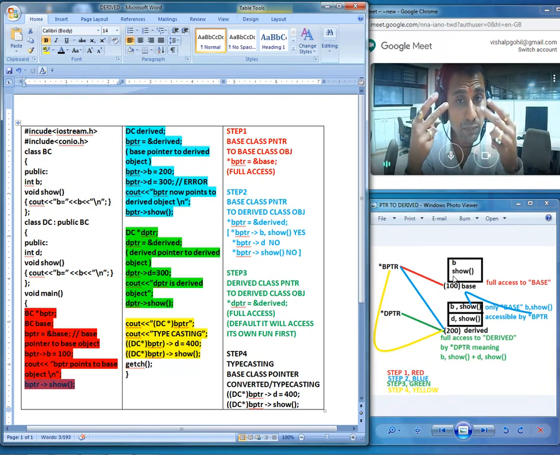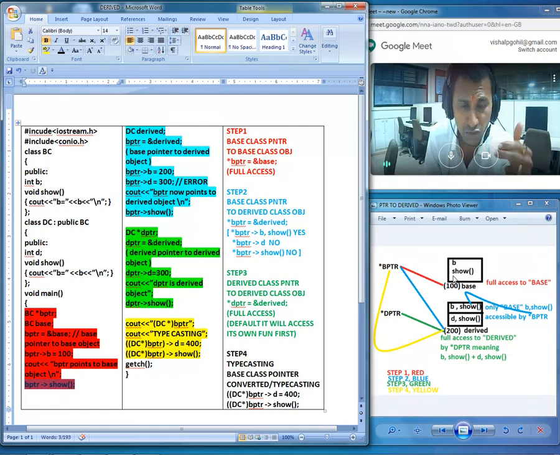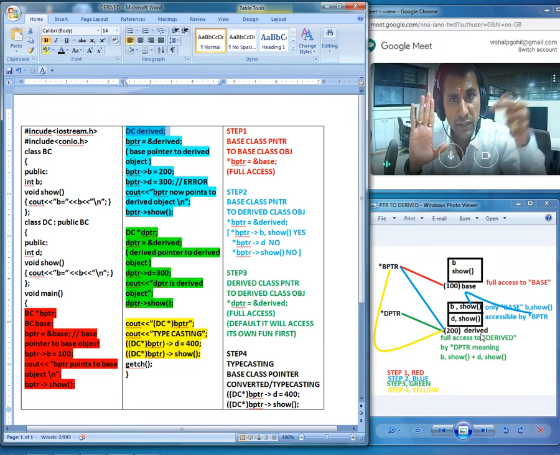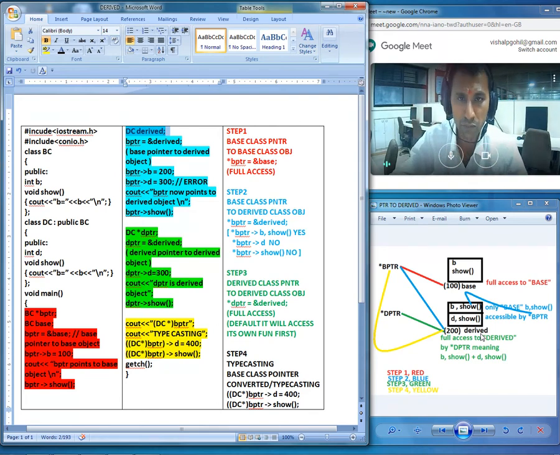Step number 2, now we are going a step further. This time we are going to create an object of the child class. Everyone, that is done. This is the picture of the child class object called derived. Twisting part: the base class pointer will now be pointing at the child class object. Something like this. Consider this part as the base class object, another one is the child class object, and this is the pointer of the base class.